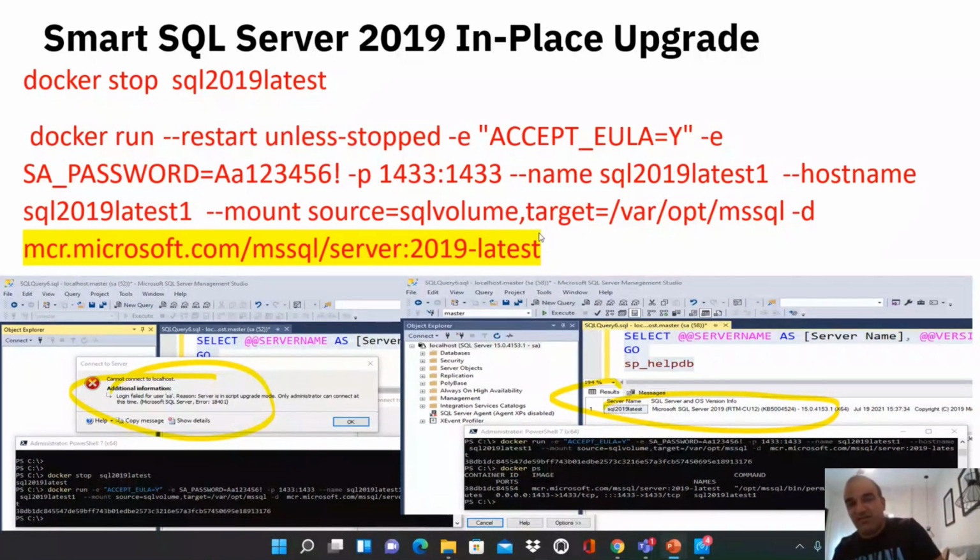So this SQL Server will connect to the database. Now, if you try to connect to the container, you will get this error message: you cannot log in to SQL Server because SQL Server is in upgrade mode. Once the container has upgraded all the databases, which are on the external volume, sql-volume, we will be able to connect to SQL Server, and then select server name and version, we'll see that SQL Server version was upgraded to SQL Server 19 RTM